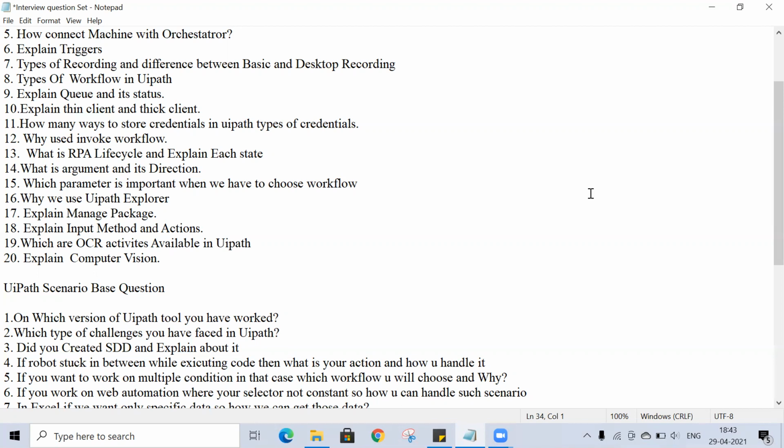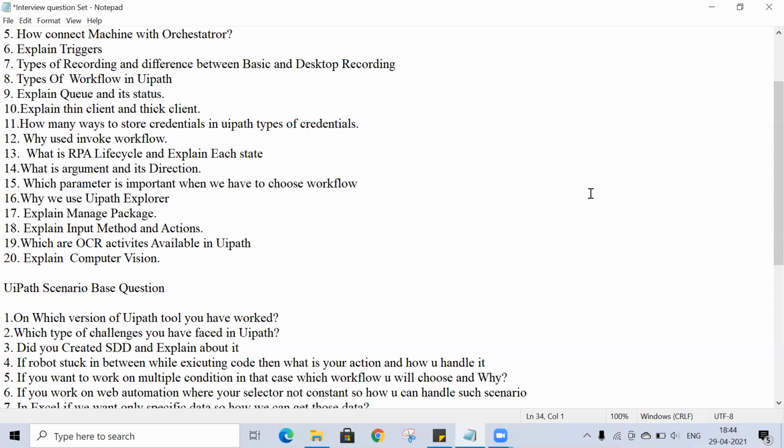The next thing is to automate a small project. In any organization you are currently working in, you will find a few scenarios where you have to do manual things. For example, you have to do some data entry, or copy some data from one Excel to another Excel, or fetch some data from a website. So you just try to automate these things in UiPath Studio. That helps you build your logical skills. I practiced this for a long time, so definitely it will help you.